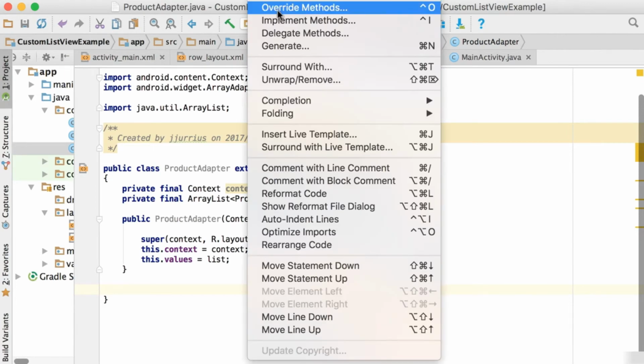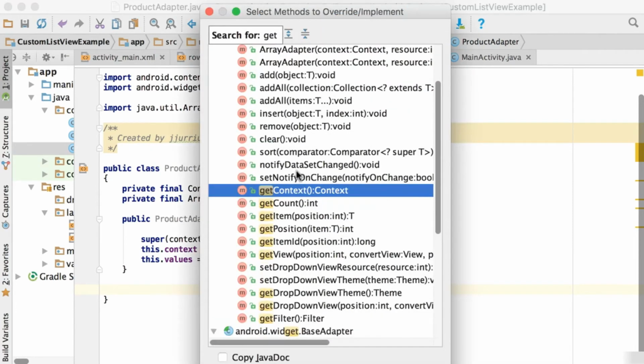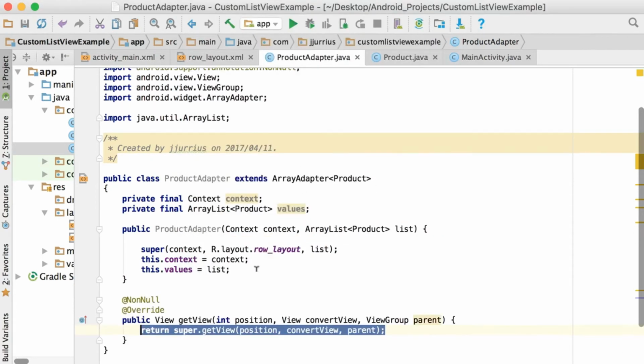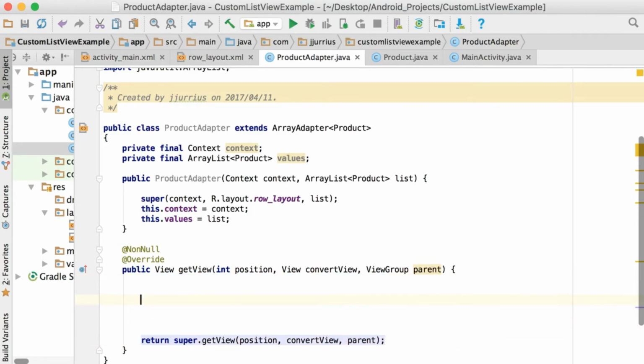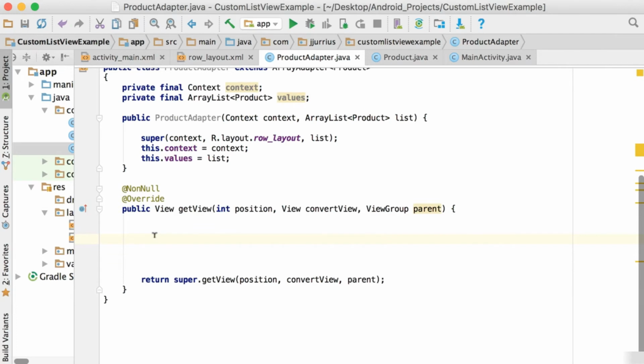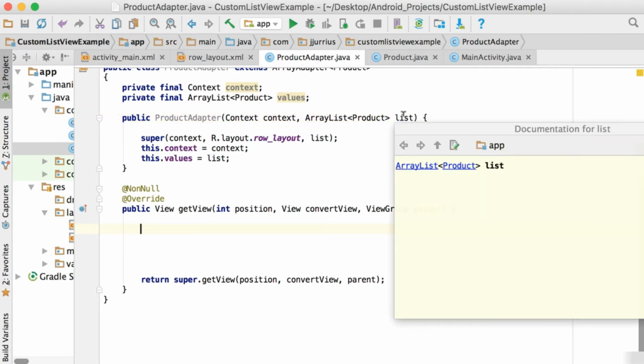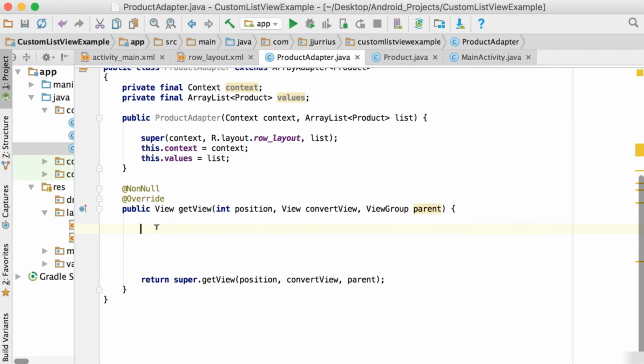So we're going to go to Code, Override Methods, and search for the getView method. So there's the getView method. We'll get back to the return type there, or whatever we return. So this getView method will now run for every element that you've got in your list that was passed through. So let's say you've got 3 objects as part of your array list there. Then this getView method will run 3 times, and every time it runs, it will go to a specific position